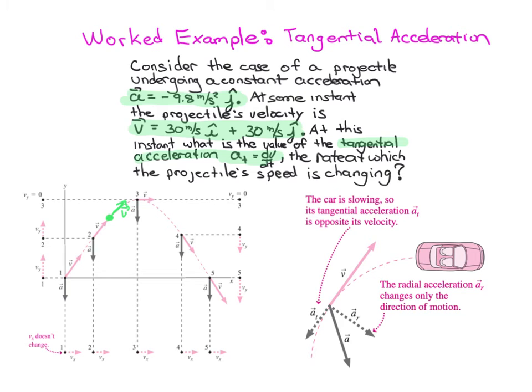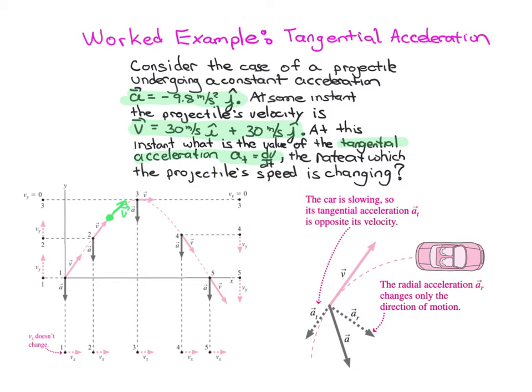And we're asked at this point in time, can we figure out the rate at which the particle's speed is changing? Well, to proceed, I'm going to remind you of something that we saw in the episode of What's the Big Idea about circular motion. Towards the end of that episode, we talked about the case of non-uniform circular motion in which an object was going around a circular path and changing speed. But I want to slightly generalize that discussion. There's nothing about this discussion that really requires that the object be going around a circle. Really, this discussion applies to an object going around any sort of curved path. And a parabolic trajectory is certainly an example